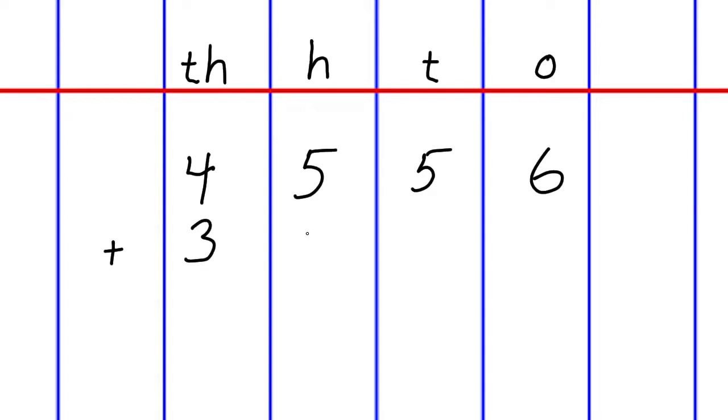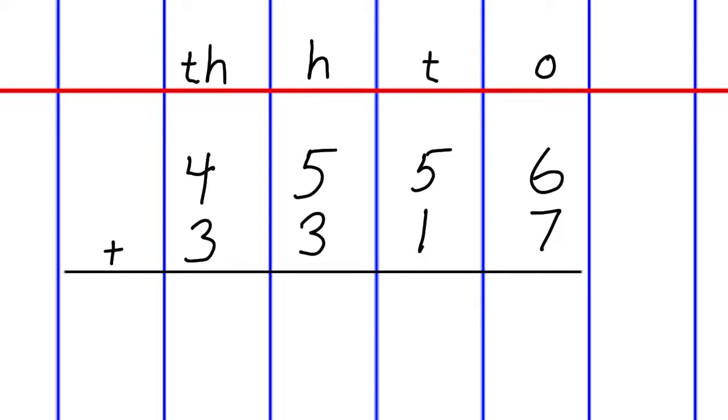The population began at 4,556, then we will add 3,317 to find the total. And we're ready to begin with the ones place first. 6 plus 7 is 13, which is 1 ten and 3 ones. Place the 1 in the tens column and the 3 in the ones column. Then adding the tens, we can combine the ones to get 2, then add 2 plus 5 to get 7 tens. There is no need to regroup here, just write 7 in the tens place.